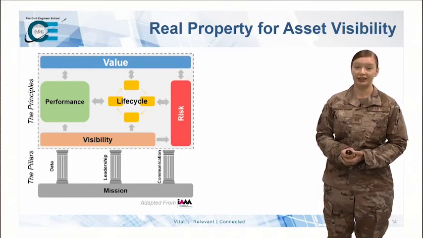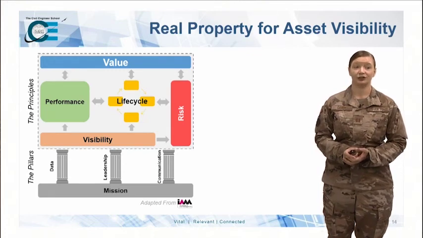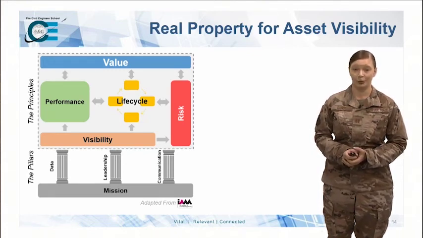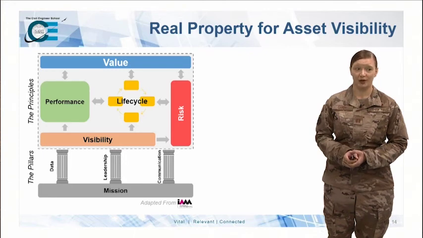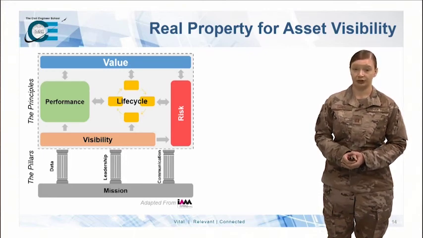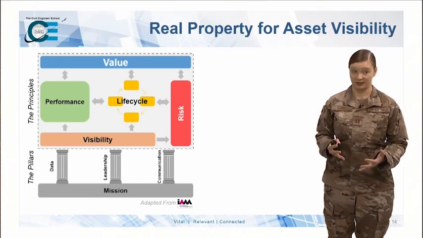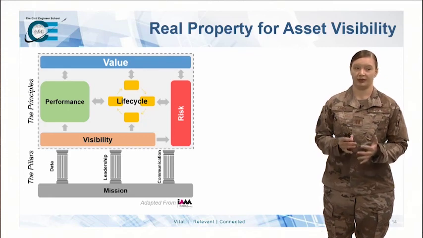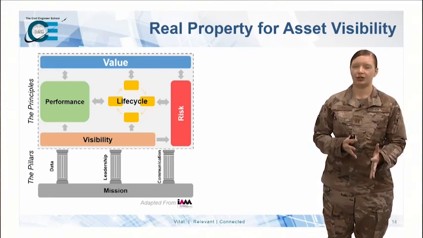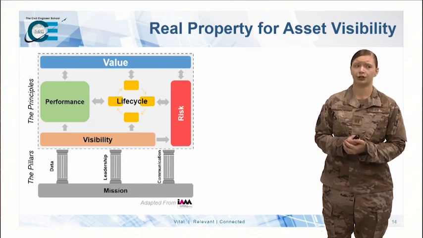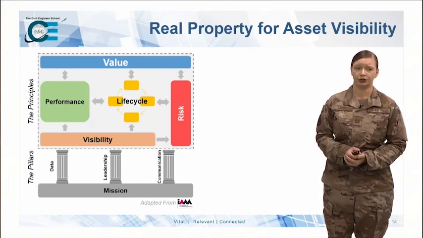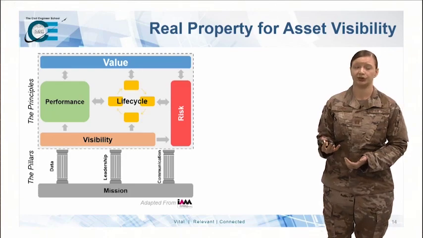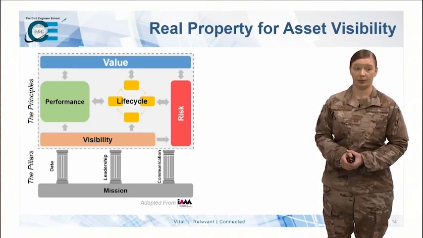So I want you to really keep these definitions in your back pocket so that you can effectively communicate across the enterprise, especially with your real property officer, and understand the boundaries of our infrastructure asset management. They're all in AFI 32-9005 or the updated version when you need them. In particular, I want you to remember that a facility is not necessarily a building. We will continue to use the term facility to talk generically about buildings, linear structures, and structures throughout our asset management courses. So, this concludes this lesson on real property basics. Remember,